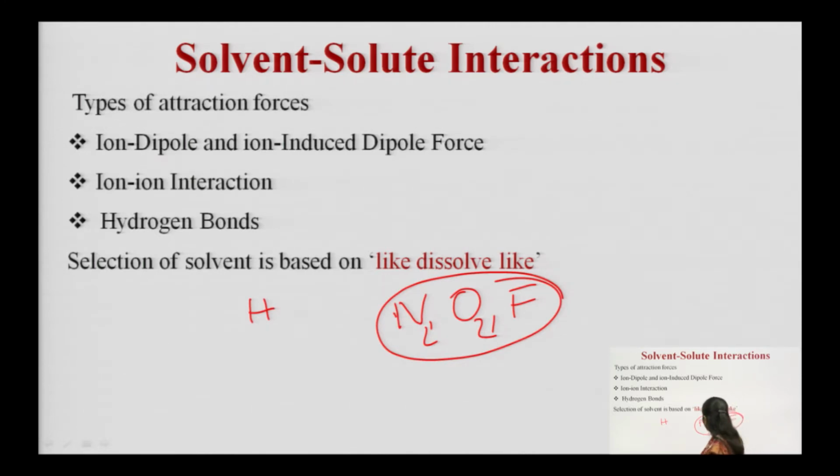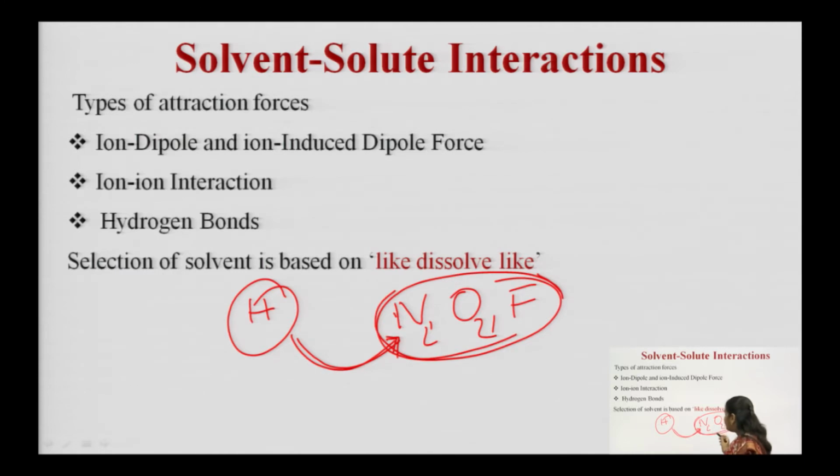As these are electronegative atoms, this hydrogen is positive in nature. Due to its small size and its large electrostatic field, it gets attracted towards the negative atoms of a compound, and it forms a hydrogen bridge between the hydrogen atom and these